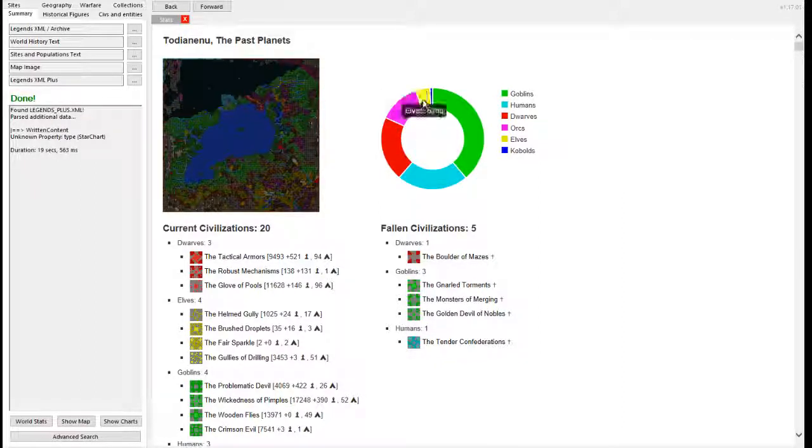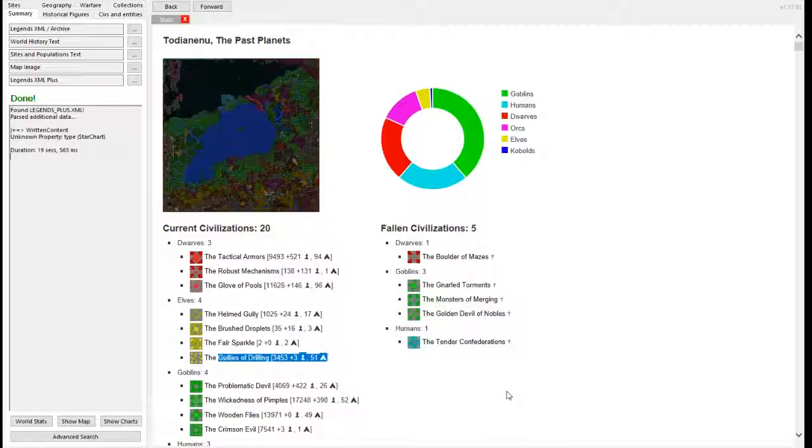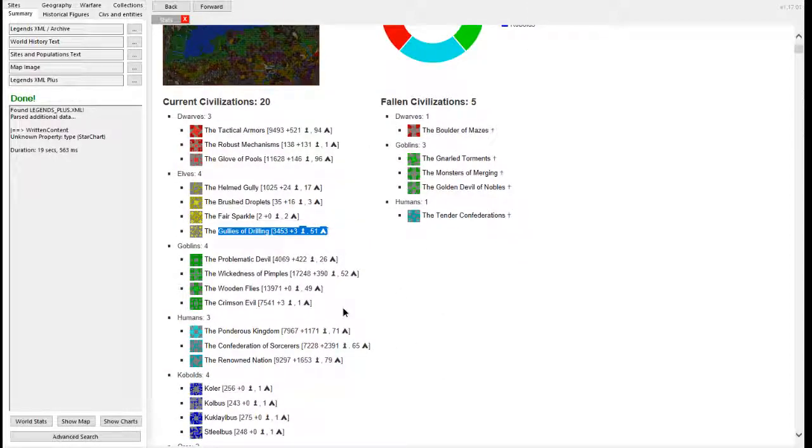But as you can see, elves are nearly extinct, but kobolds are even closer. So we won't have any problems with elves. We've got three dwarven civilizations, the tactical armors, the robust mechanisms, and the glove of pools. Glove, not glove. We've got the helmeted goalie for the elves, the brushed droplets, the fair sparkle, which has two people left, and the goalies of drilling. What the elves are drilling for, I don't want to know. Maybe they're planning on unleashing the clowns. The goblins are fair. They've got two really big civs. I think I may have